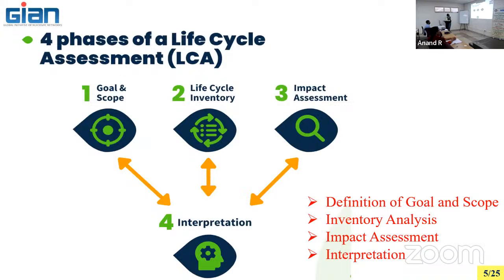Okay, there are 4 phases of life cycle assessment. First one, goal and scope. What is the goal? What is the scope of doing that? It is necessary to move to renewable energy from the conventional way of producing hydrogen from methane, natural gas, and converting the hydrogen into ammonia through the Haber process. It is a proven technology. Why do you need a renewable-based way of producing ammonia? You must have a goal and scope. Right? When you want to suggest something to the customer, you need to have a concrete goal. What for are you going to bring the technology?